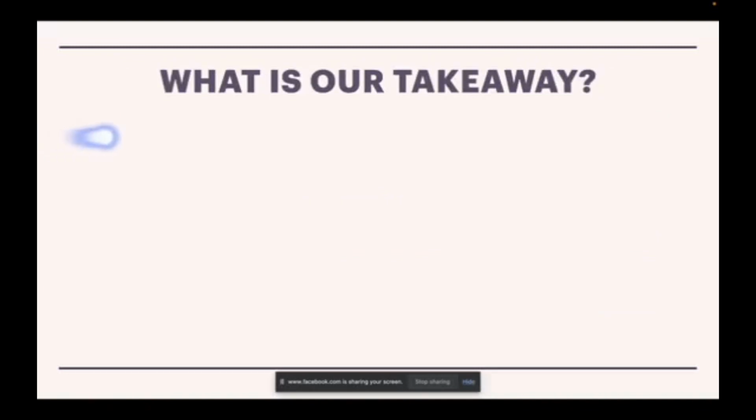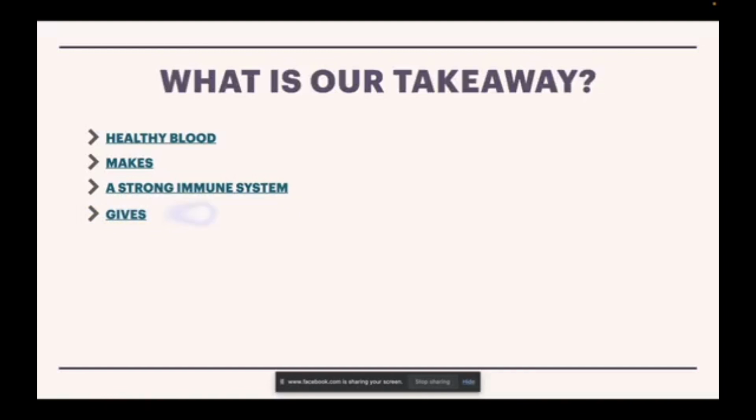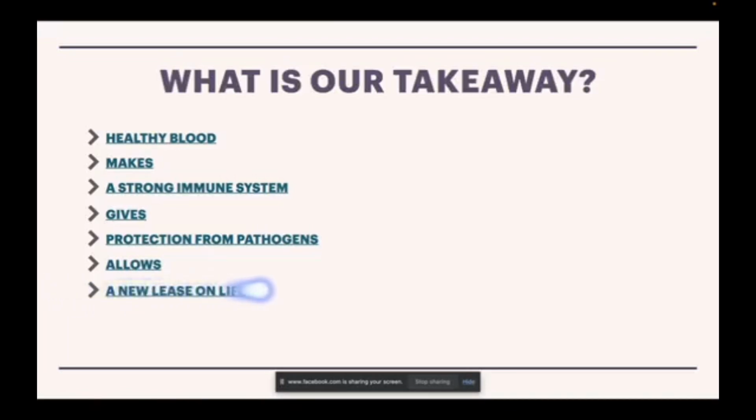So, what is our takeaway? Healthy blood makes a strong immune system. A strong immune system gives protection from pathogens. Protection from pathogens allows a new lease on life. A new lease on life provides hope. And that's the message for us today, that we have hope, because there is a way that we can keep our immune systems as strong as possible and help us fight off disease and pathogens that are surrounding us all over,